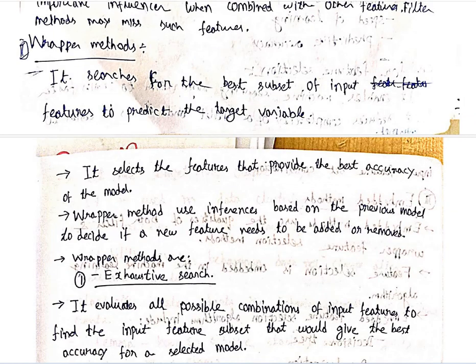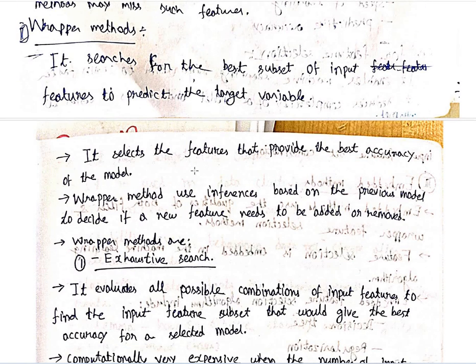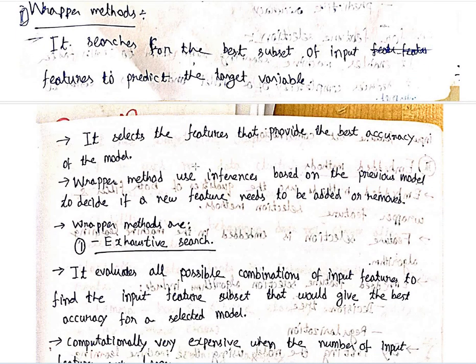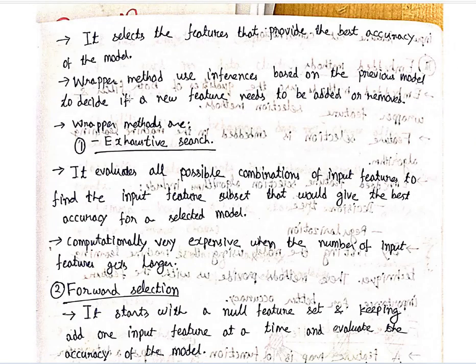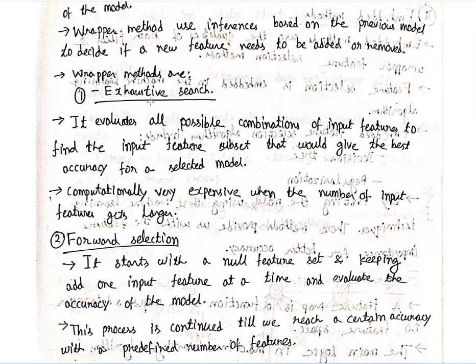The second method is the wrapper method. It searches for the best subset of the input features to predict the target variable. So it selects the subset of features which are useful for our method and uses only those. In wrapper method, we have three methods. The first one is exhaustive search. It evaluates all combinations of input features for the task in hand